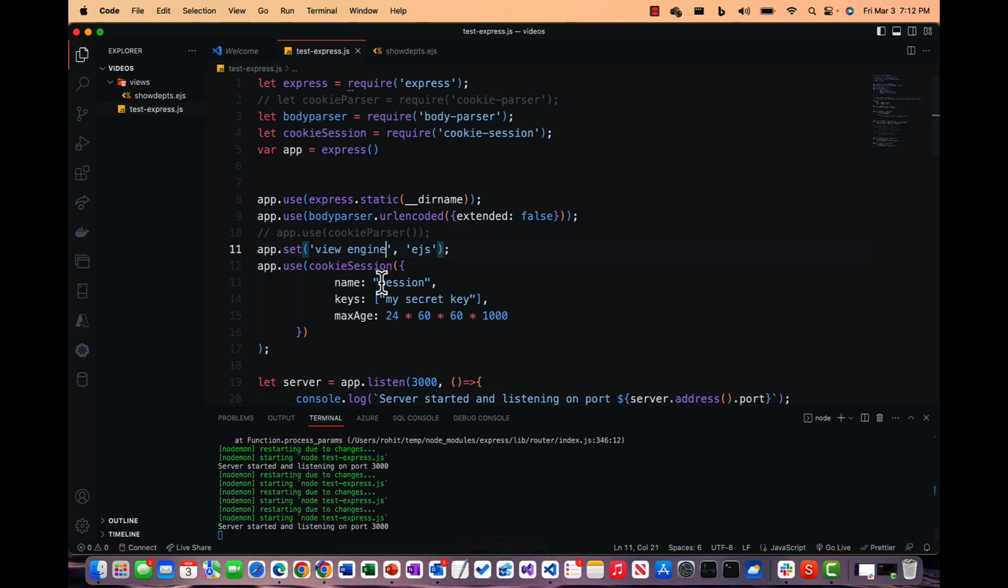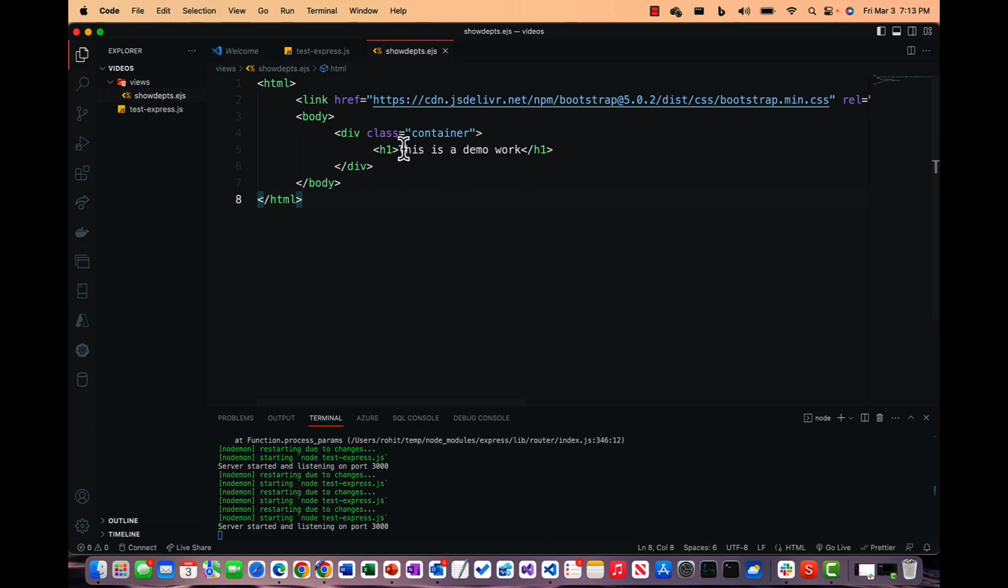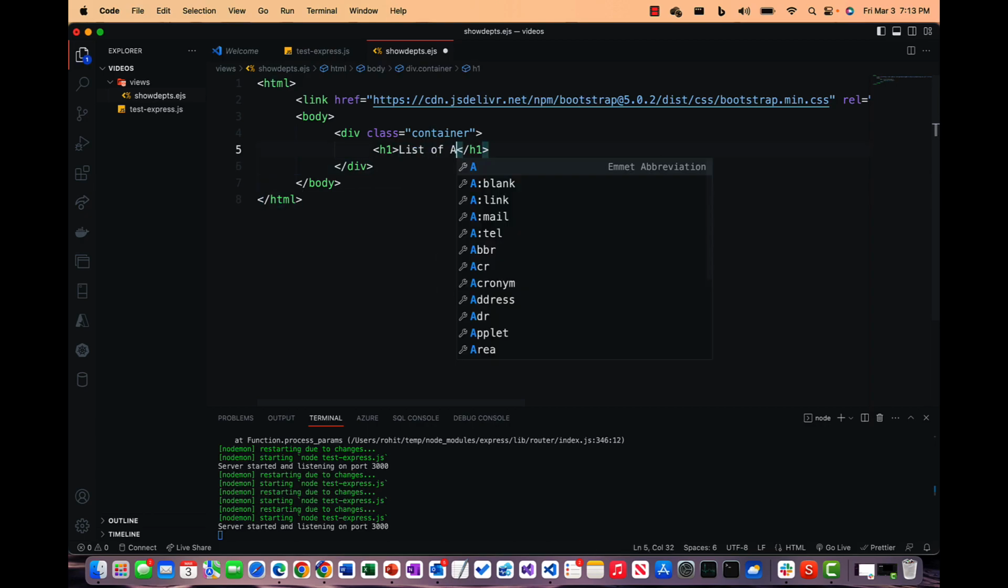Now the next thing is we want to actually show the data which we passed on within here. So if you see, we are passing this departments data to this view, and this departments data is nothing but an array of objects. So what we want to display over here is, let's say, a list of all departments,